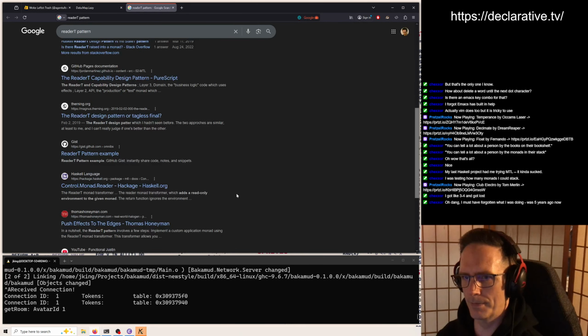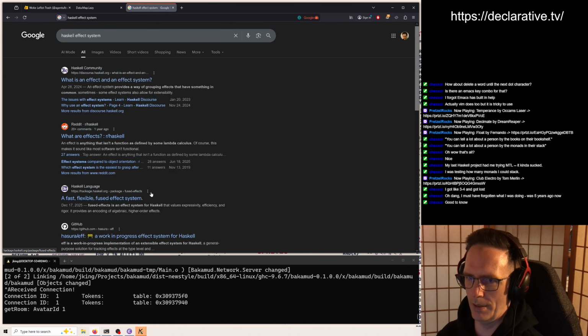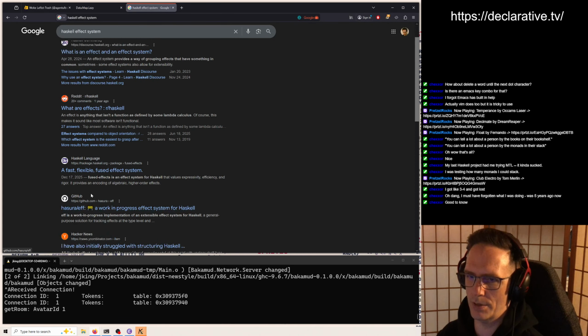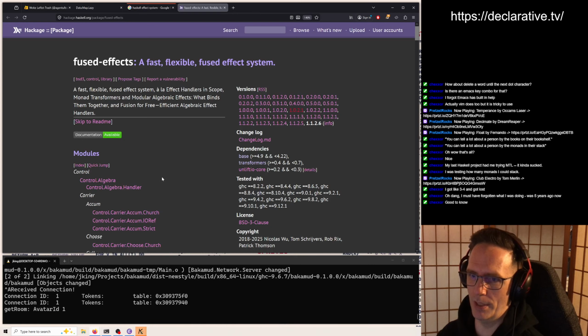But the other thing to look into is effect systems. Polysemy would be one, things like that. So they do get around some of the limitations of MTL. But they can be more difficult to use in some cases because the type errors you can get out of them can be pretty, whoa.